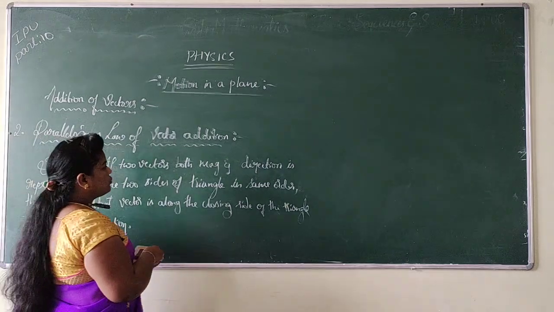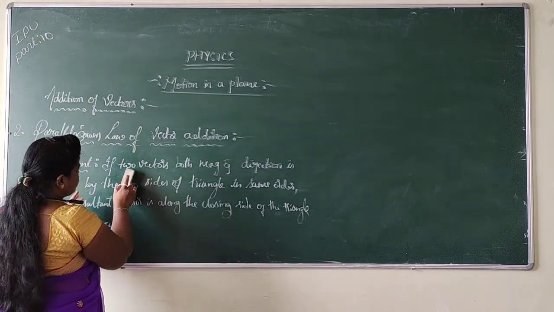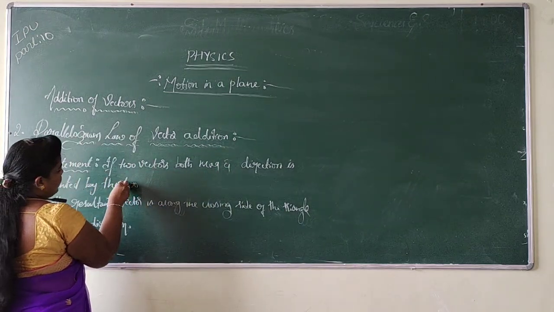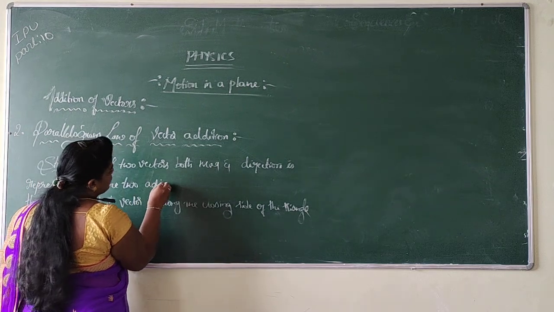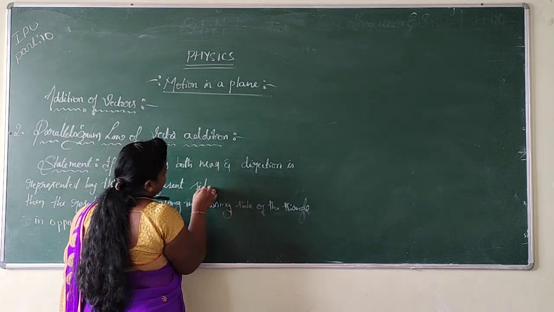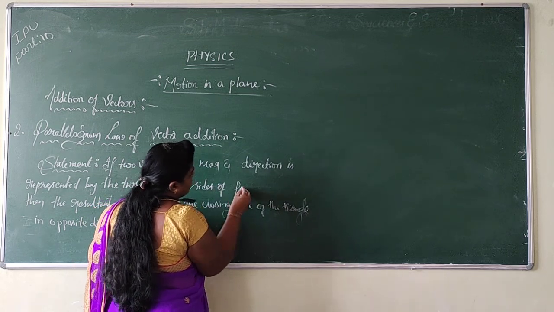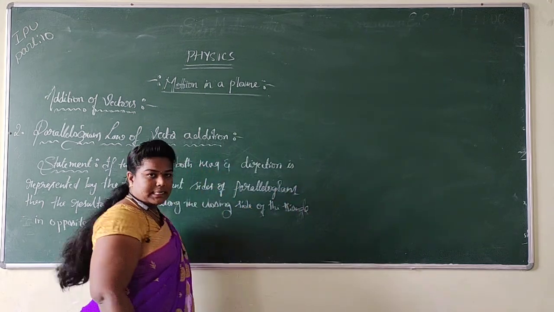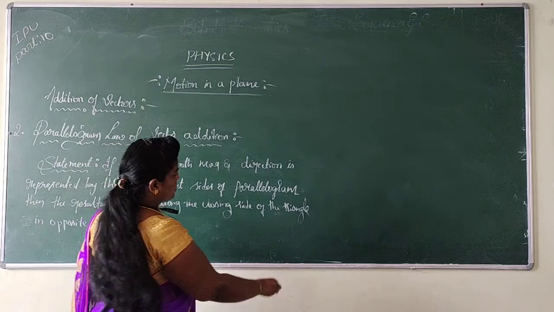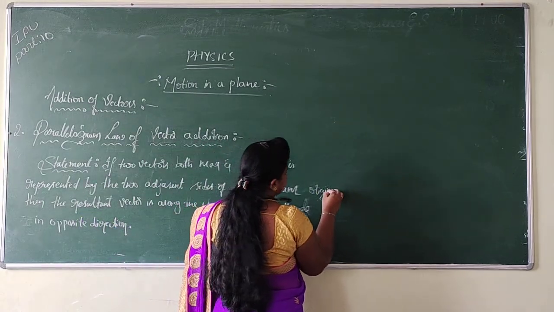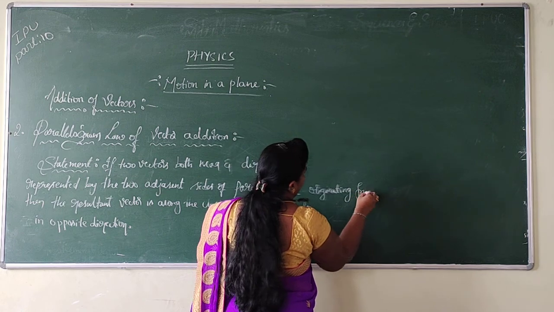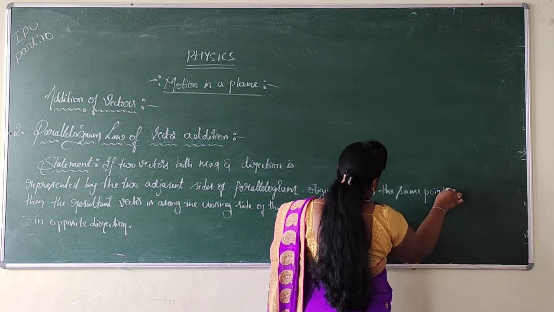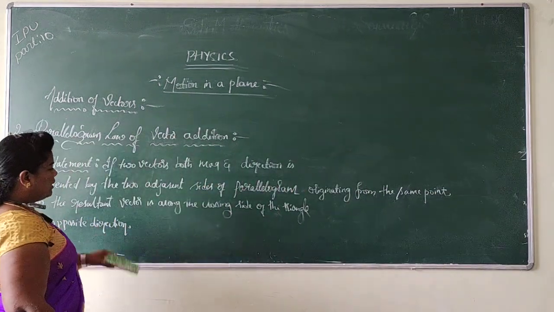If two vectors, both with magnitude and direction, are represented by the two adjacent sides of a parallelogram, right, originating from the same point, I am going to write here itself, originating from the same point, comma, then the resultant vector